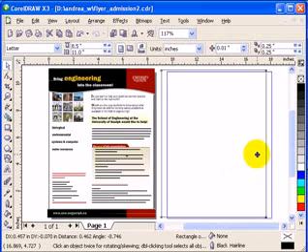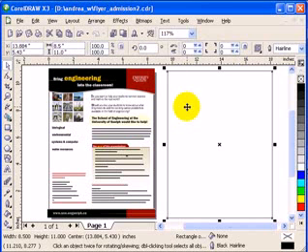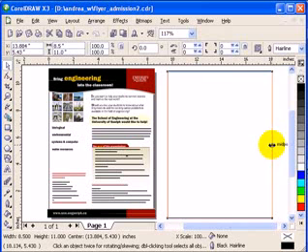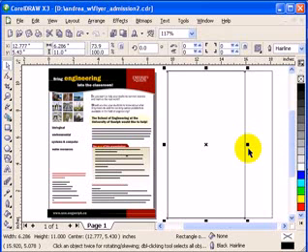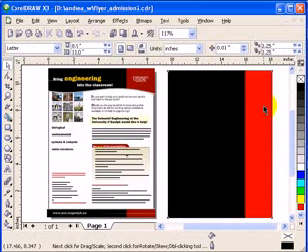Now in here I've got the wavy effect, right? But the first thing I have to do is duplicate this without an offset by hitting the plus sign on your keyboard. When you hit the plus sign, you have two objects now. I'm going to make this black, then I'll make this red,